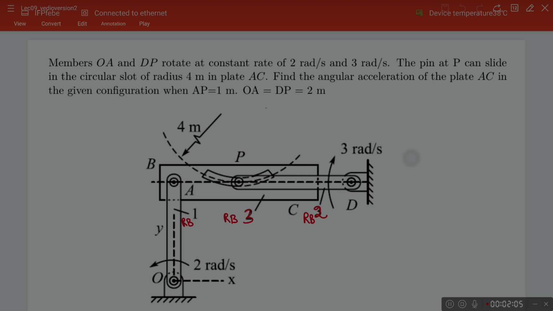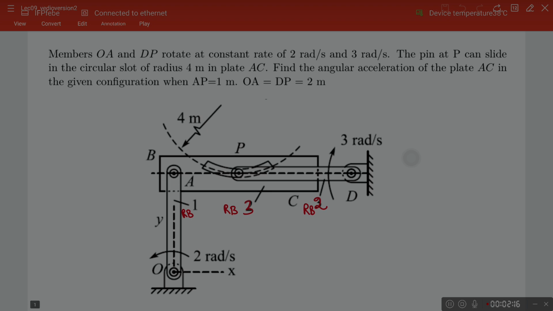The pin at P can slide in the circular slot of radius 4 meter in plate AC. The circular slot is